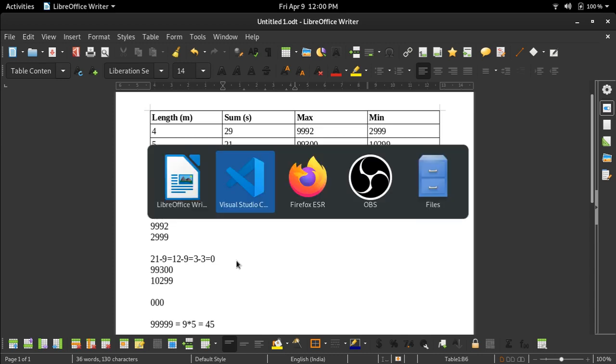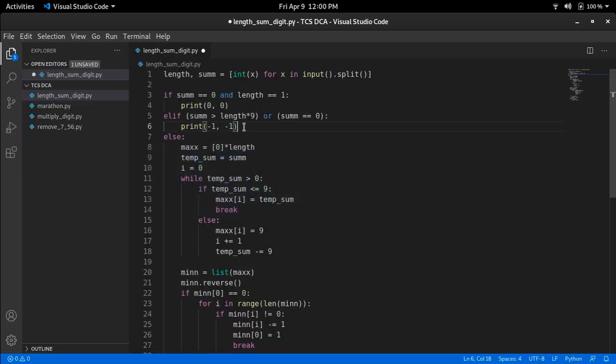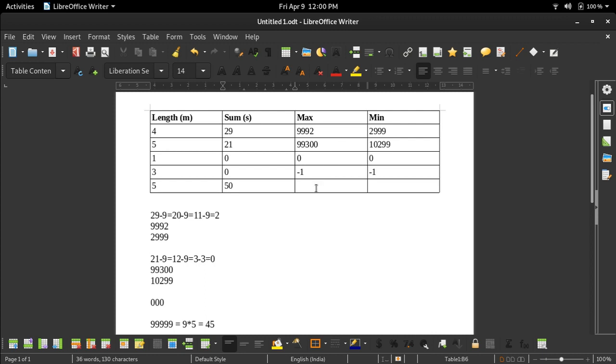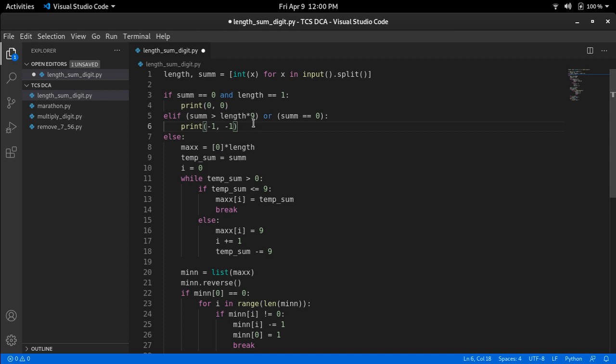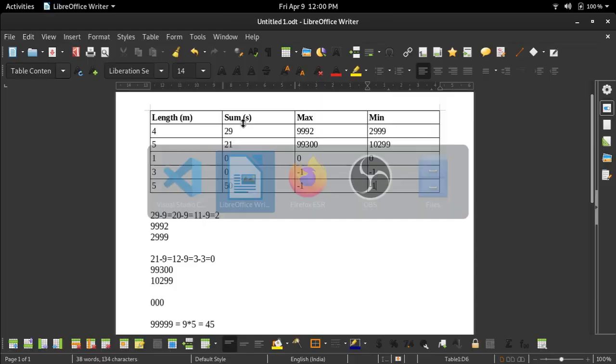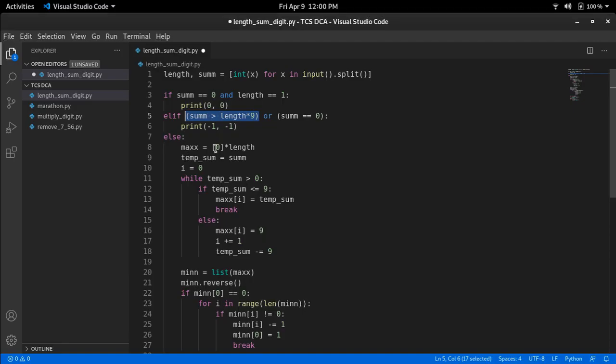So we have to print minus 1 for that case also. Even the maximum number does not satisfy the condition, and finding the minimum is also not possible, so we print minus 1 in both the columns. This condition, sum greater than length into 9, covers our last case, and we need to print minus 1 for it.